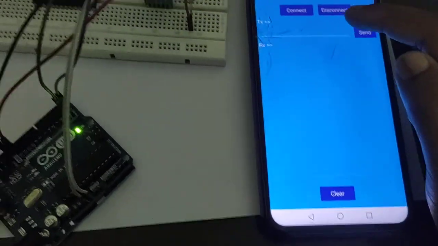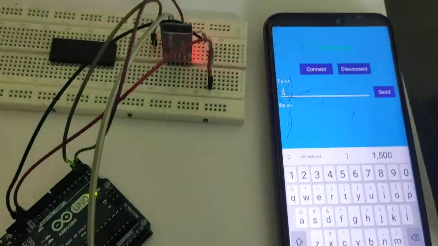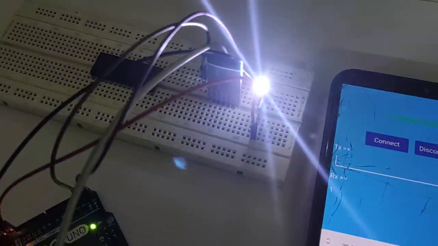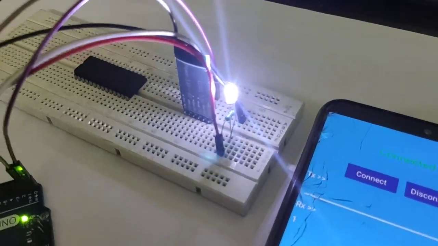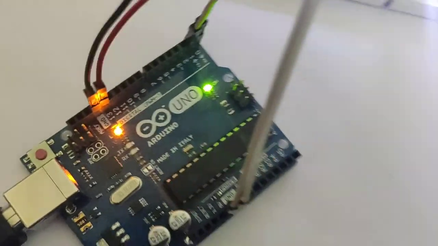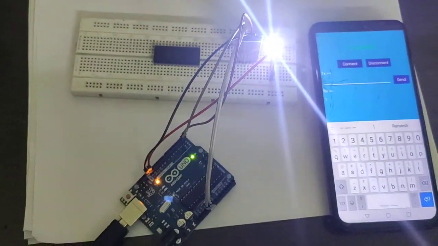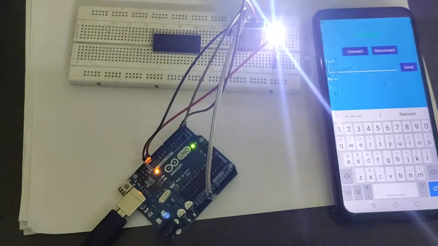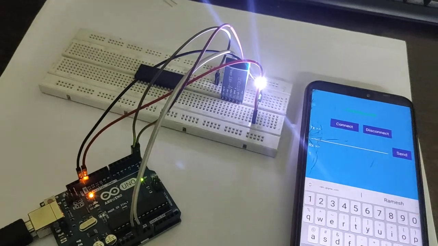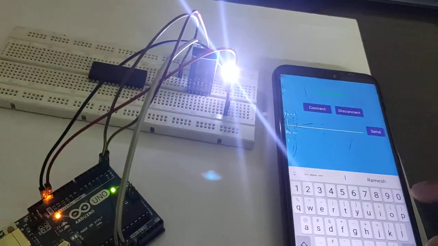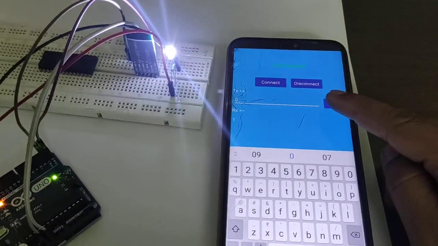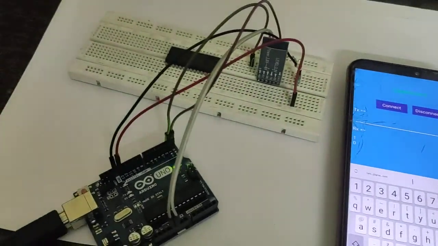So what will be written in the code? When I send the value 1, the corresponding LED of pin number 13 should blink. Now see, when I transfer the data as 1, this LED is blinking. And here also, as I told you, pin number 13 of Arduino Uno has an inbuilt LED. So both LEDs are blinking because I connected only pin 13. Now when you send the value 0, it should switch off. See, now both LEDs are switching off.